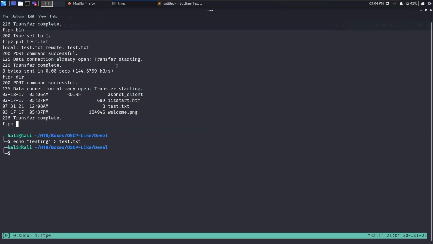So we have confirmed that we can actually upload a file to the FTP directory and we can also visit it, and it does actually run a file. So in cases like this, we can use something like,